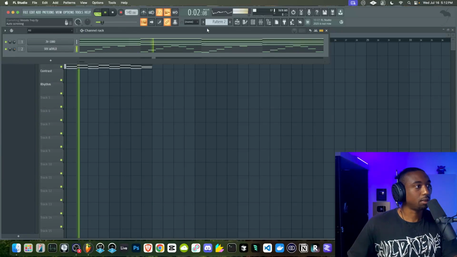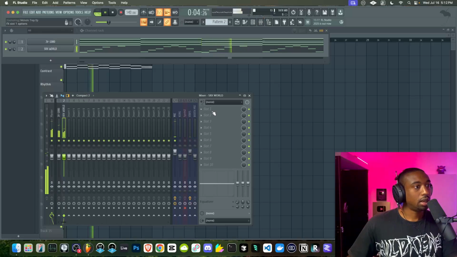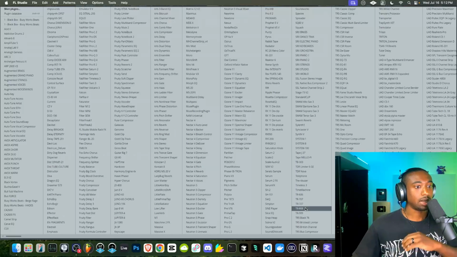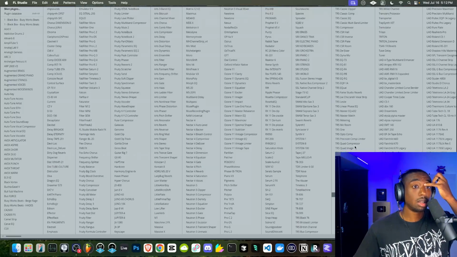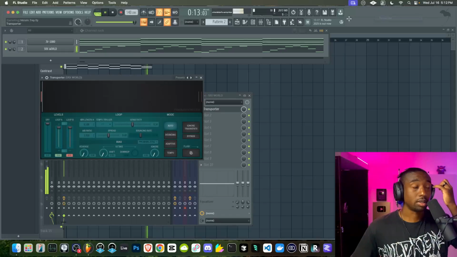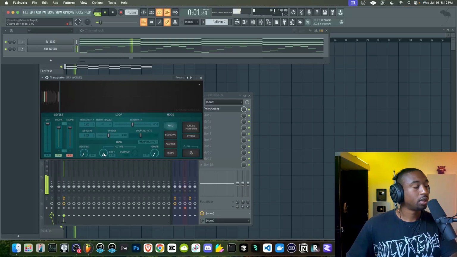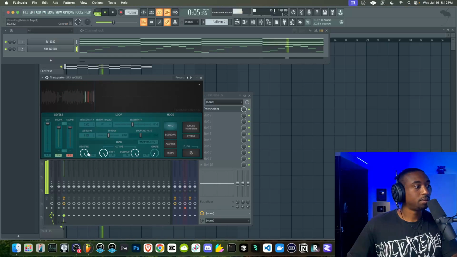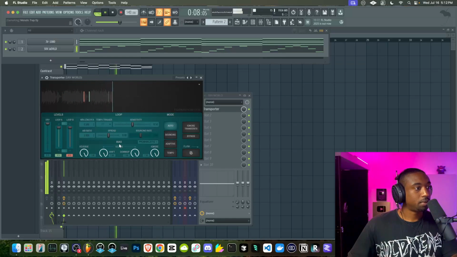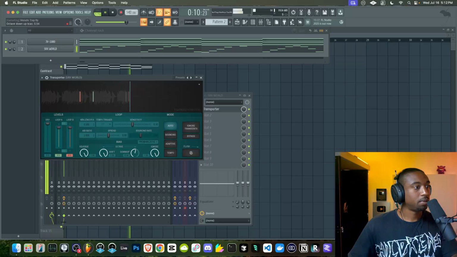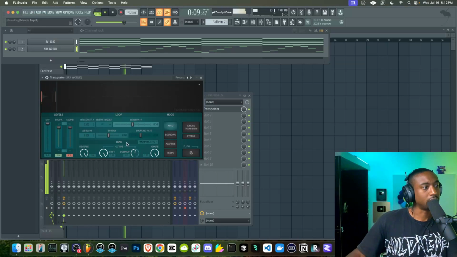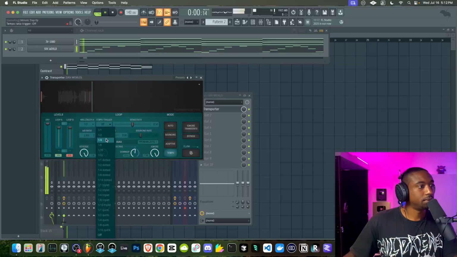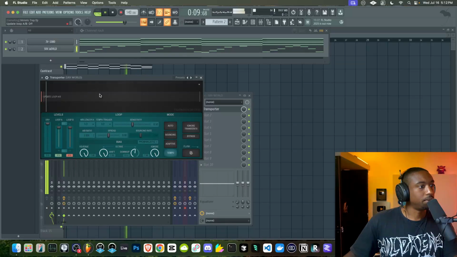So here's where I might think about adding effects. Let's go to our mixer here. Let's add different plugins. I really like the Transporter plugin, and we can mess with any kind of glitchy plugins. Let's see what we have here. Let's try Transporter. I think this melody moves too fast for this plugin. Let's try it one more time.